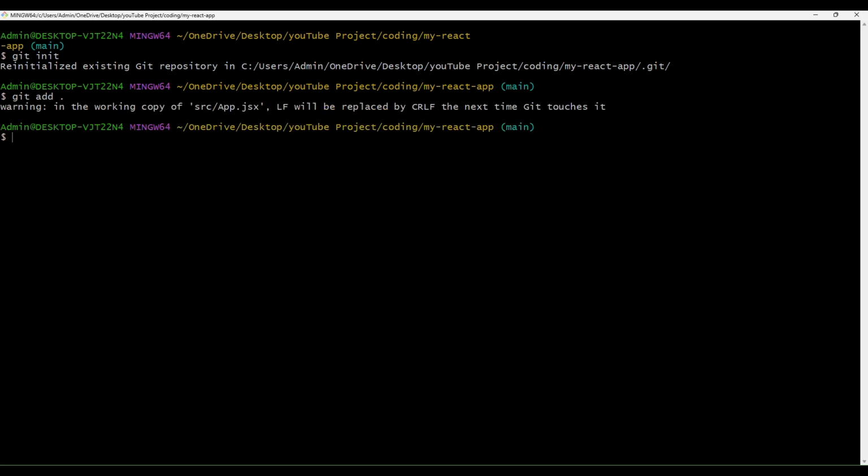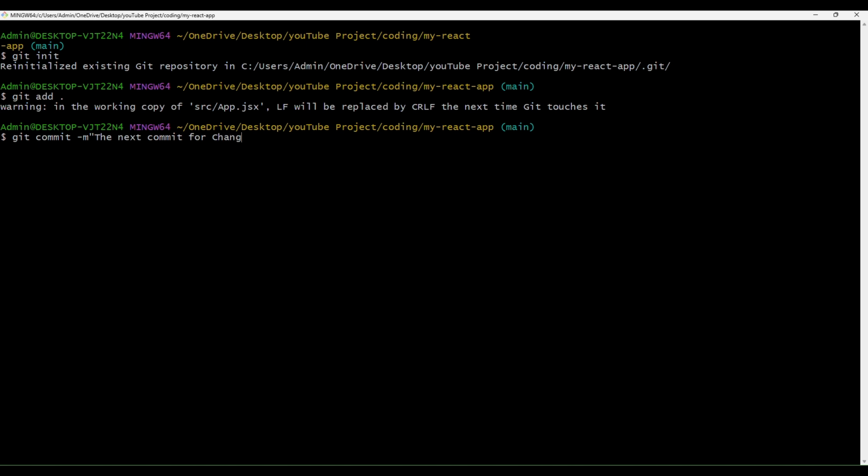Then git commit -m, this -m goes for message, and double quote or single quote, anything. The next commit for, here it is, you write something meaningful, you can write by yourself also,